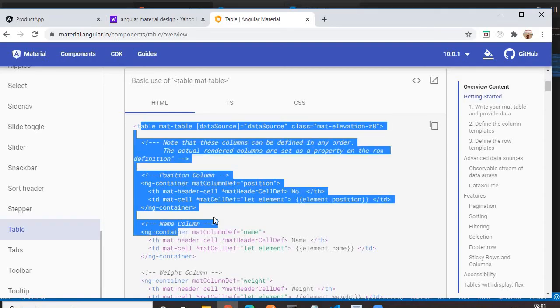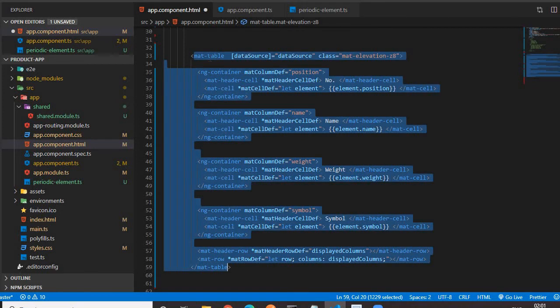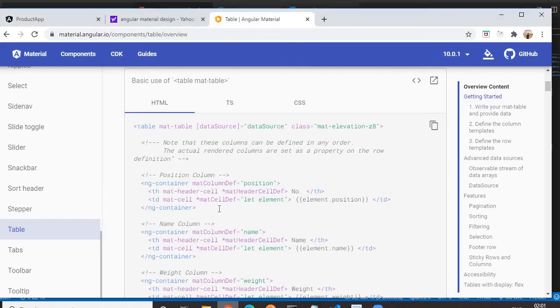If you see in the code, they have used the table tag, and after the table tag they have used the mat table property. Instead of that, I have used the mat table tag directly. And two more changes are there. For the header, they have used th, then mentioned the mat header cell property.